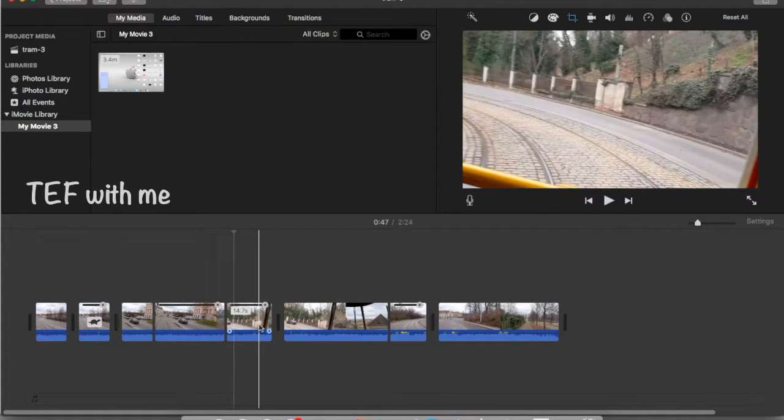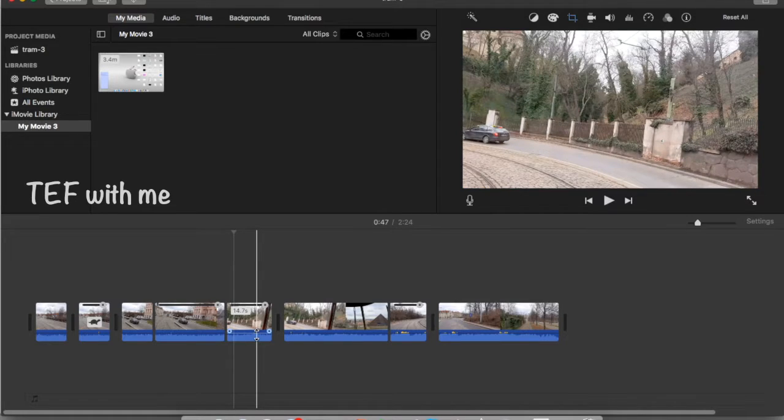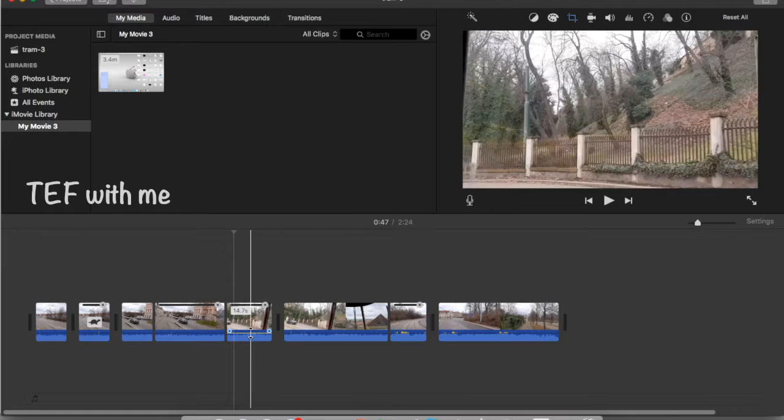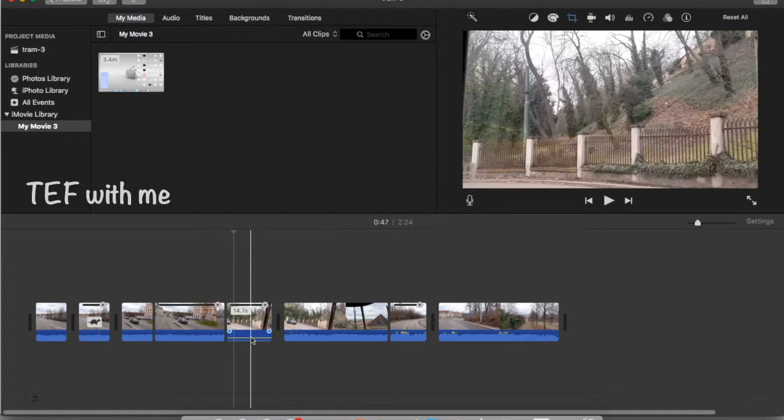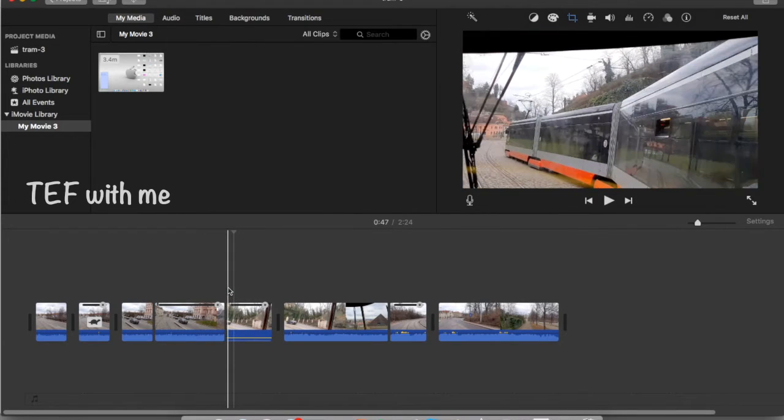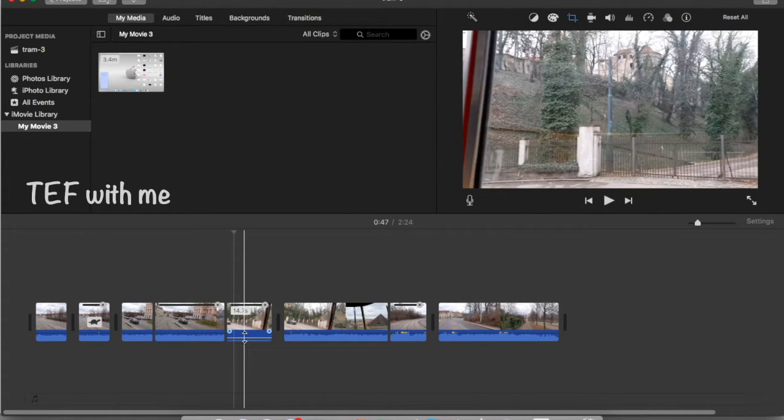Now I want to reduce the volume, so like this, place the cursor here. The adjust volume symbol will appear and then you have to drag it and make it down. See, the percentage of volume is appearing. You can adjust how much percentage you reduce or increase the volume. Suppose I want to keep it at 2% volume, I have reduced the volume of the movie file here. I kept it at 2%.